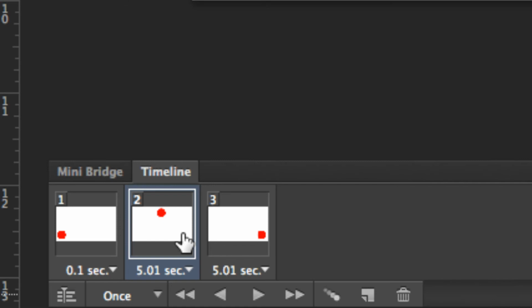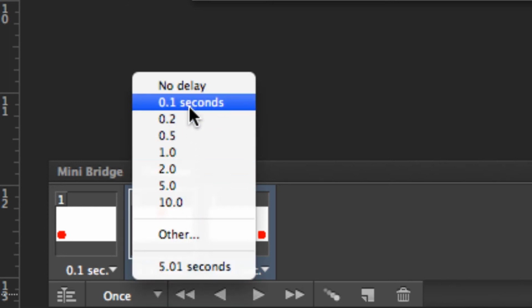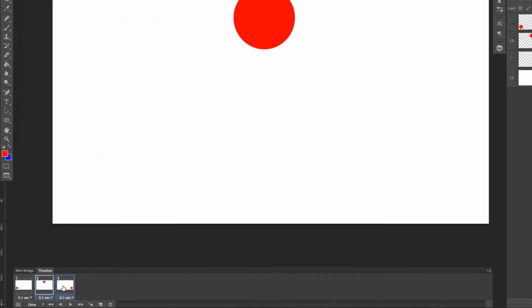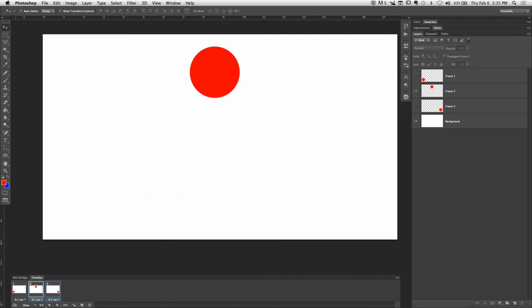Yeah, Leland's got it. We're going to hold down the Shift key and then click on number 3, and it's going to automatically select number 3. So now 2 and 3 are selected, and any change that we make to one will be adopted by the other. Okay? All right. Now that each one is 0.1 seconds in duration,